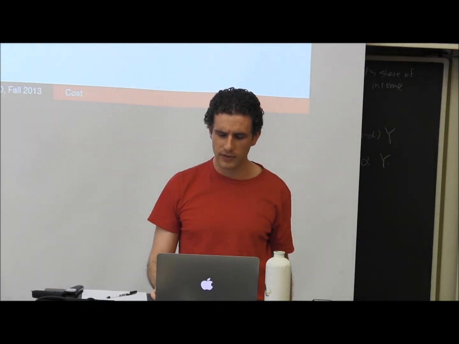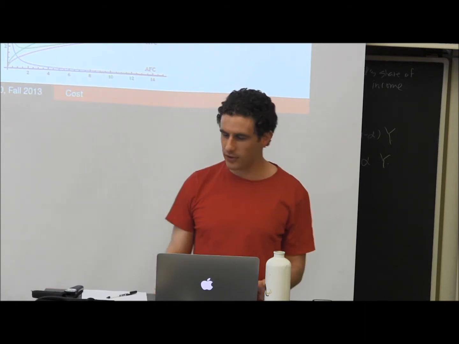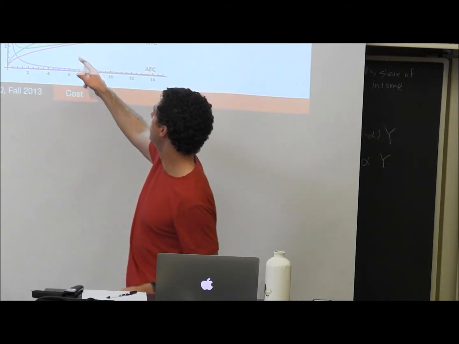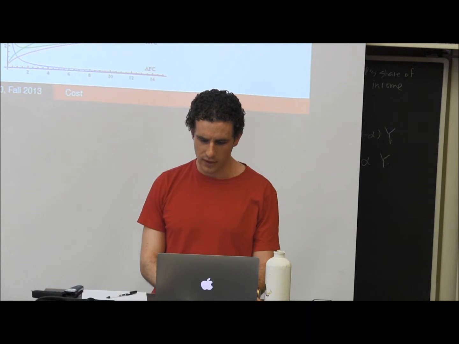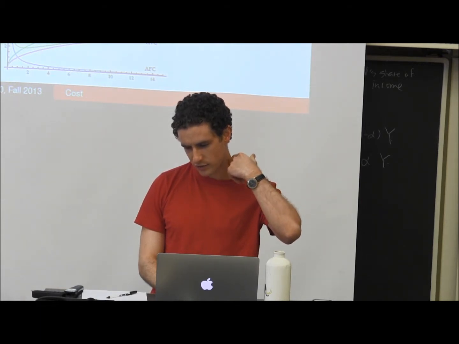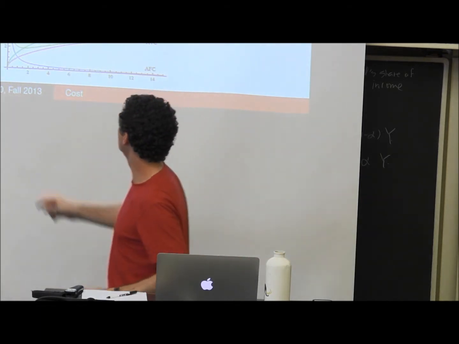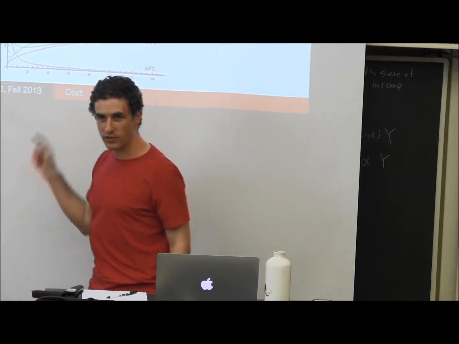So we can do comparative statics on this using Mathematica. Let me see. Well, so this is what you get if f is equal to 1, if kappa is equal to 1, if gamma is equal to 1.5. So you get this sort of characteristic shape. The marginal cost is going up. The average variable cost is going up. But the average total cost has this downward shape and then comes back up because the average fixed cost is being